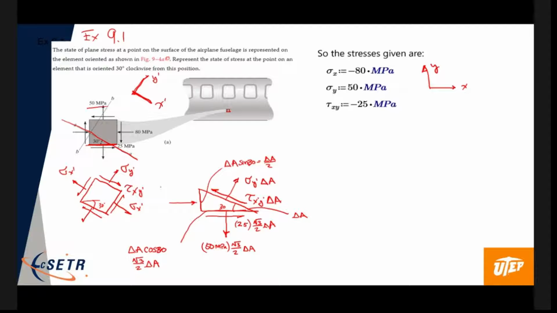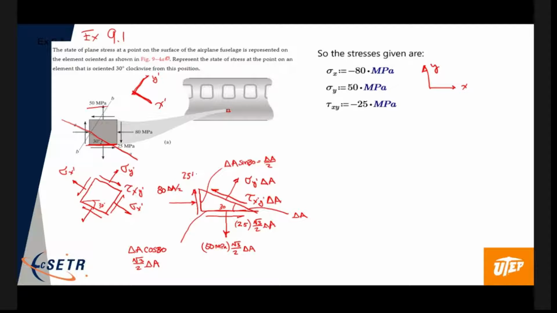So that is the 80 megapascals times delta A on 2. And then the shear traction, which is acting up, is the 25